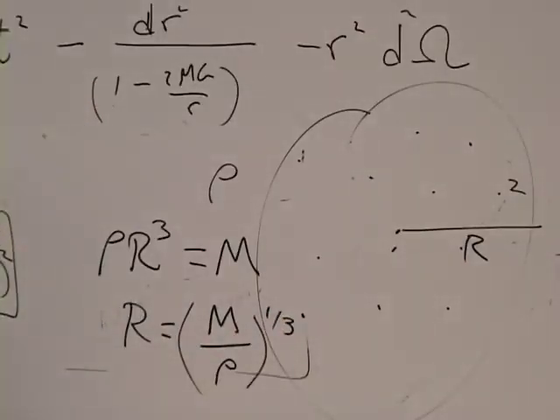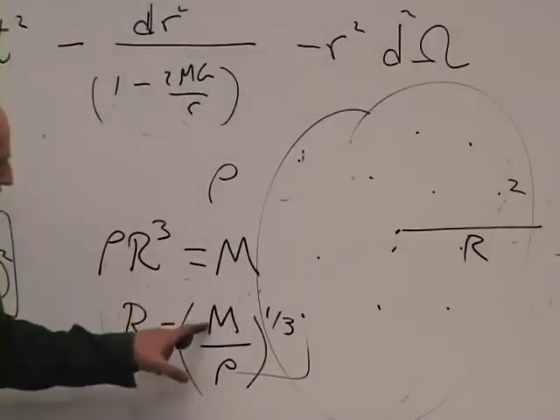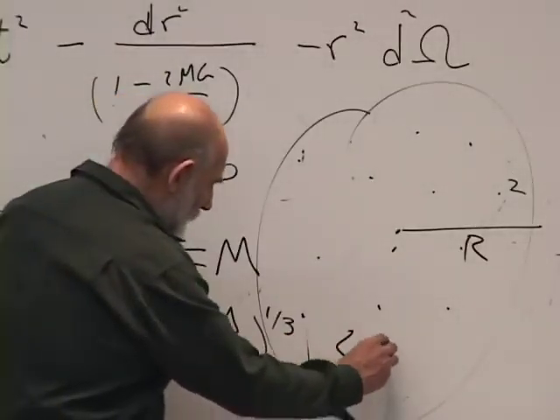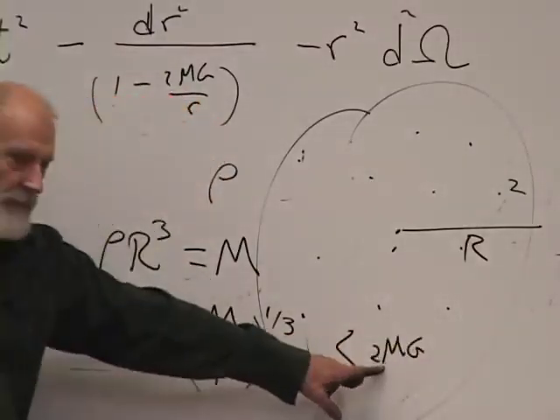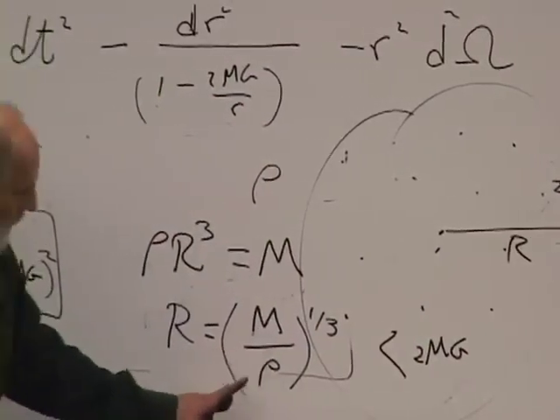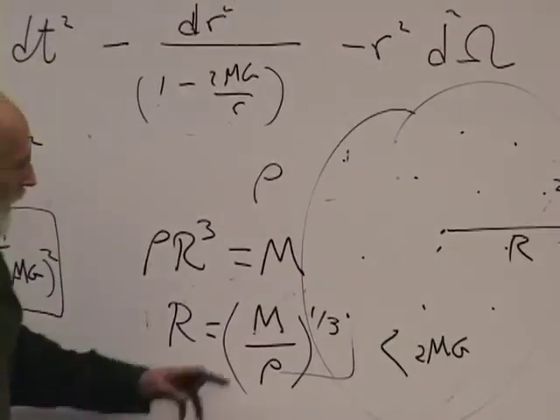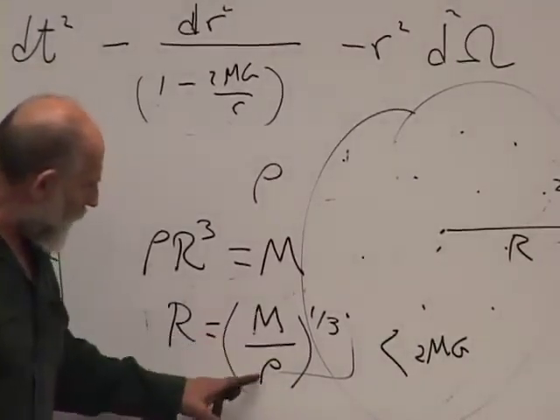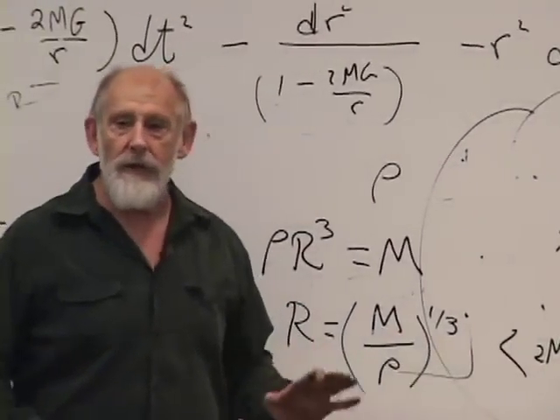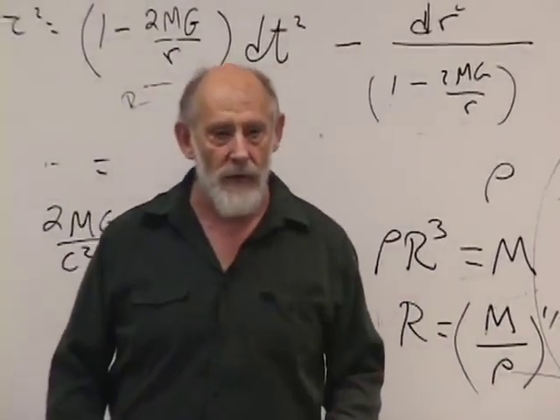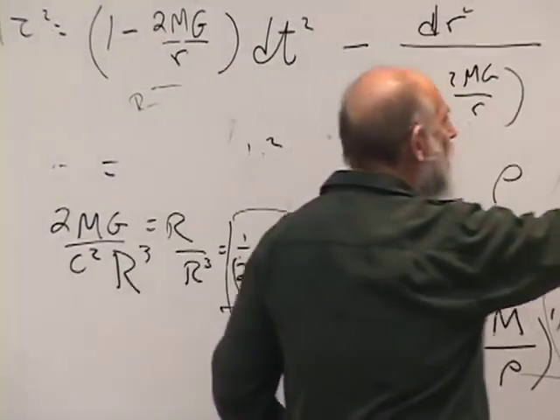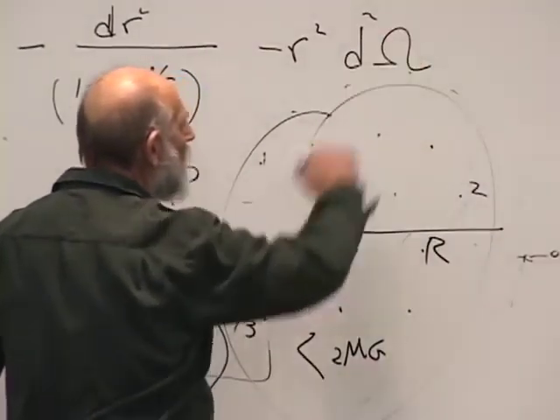No matter how small rho is, if you make m big enough, this will be less than twice mg. Why? Because this increases linearly with m, and this only increases as m to the 1/3 power. So for a fixed but tiny rho, you can eventually make m over rho to the 1/3 smaller than the Schwarzschild radius. Once it's smaller than the Schwarzschild radius, it's a black hole. So no matter how rarefied the material is, if you create enough of it,